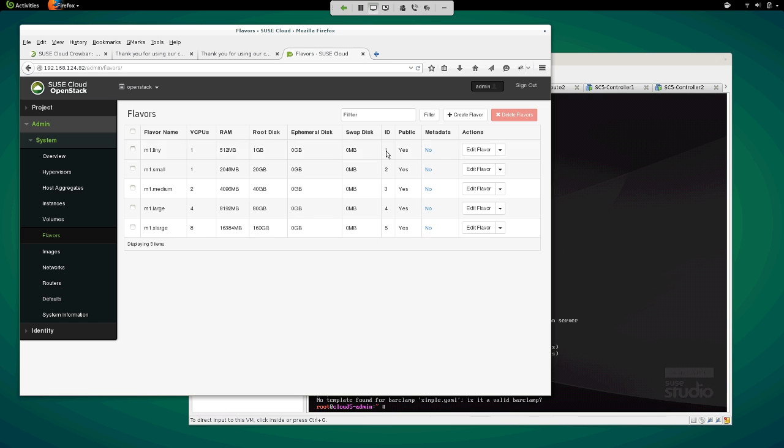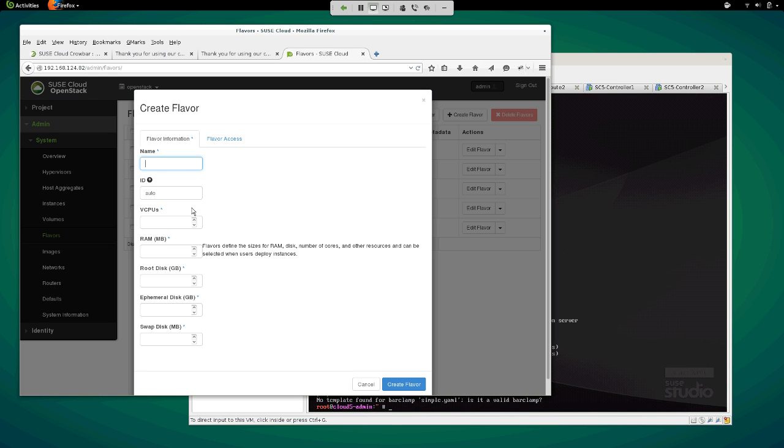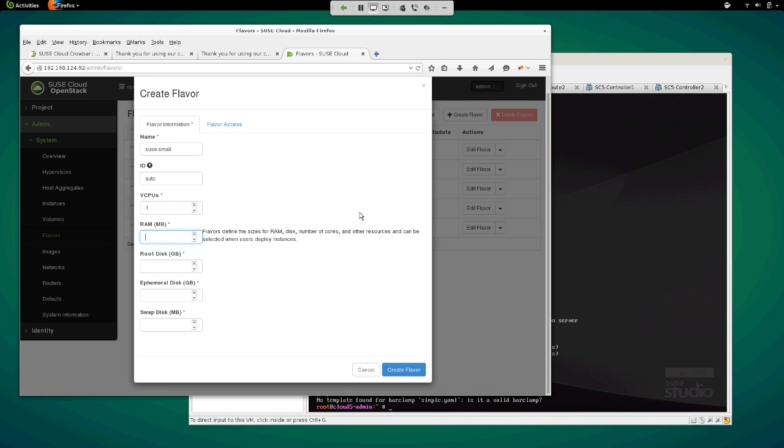In fact, we'll go ahead and create a new one. Virtual CPUs, we'll give it 1. We'll just call it Souza small. We'll give it 512 of RAM.